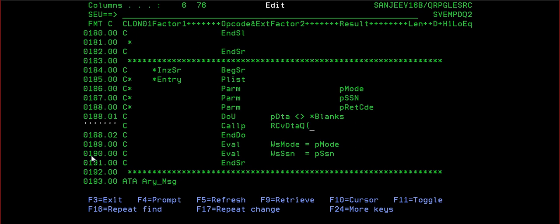Here also we have a plib, then p dtaq, then p length, p dta, and p wait. Send data queue has only 4 parameters, receive data queue 5 parameters. So here I put p wait.